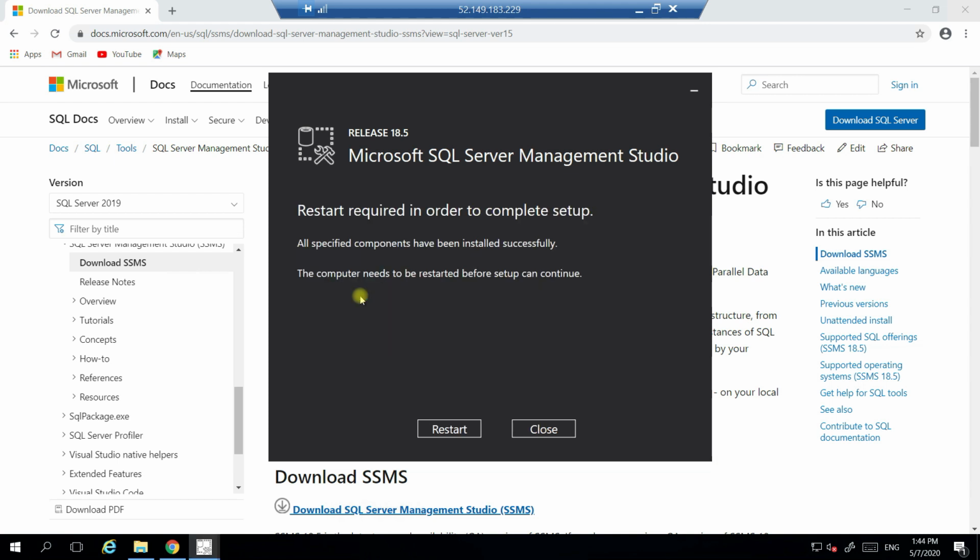So this is done, guys. Actually we need to restart the system to set up completely. If you install any software, even SQL Server, restarting your system is recommended. If I had restarted after SQL Server, I would have to restart again for this as well. That is why I did not restart in the very first step. So once you install SQL Server setup and also SSMS, just click on Restart. Once it is back, we'll continue with the next steps.